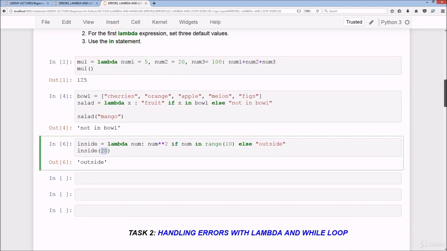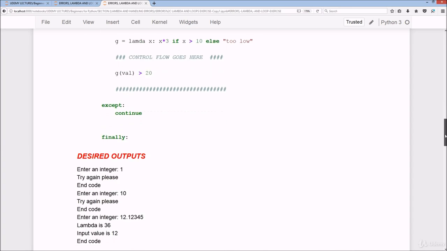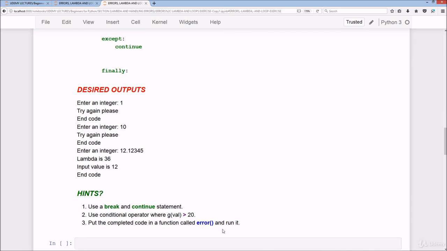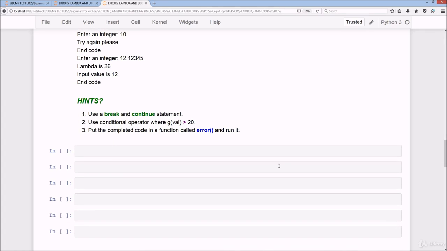So moving on to task 2, which is handling errors with lambda and while loop. So we've got our while true, and we have our clause, try, and except, and lastly finally. And we want to, if I recall, yes, we have to put that in a function. Alright, so what we're going to do is, firstly, it would make sense to make the actual function itself. So error